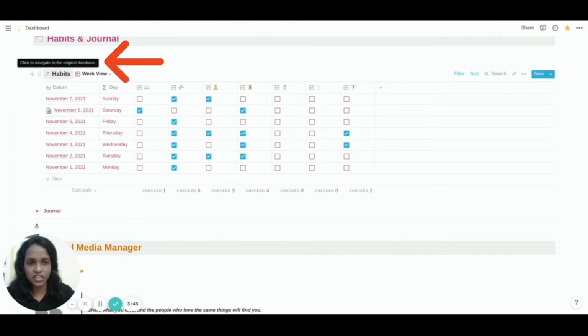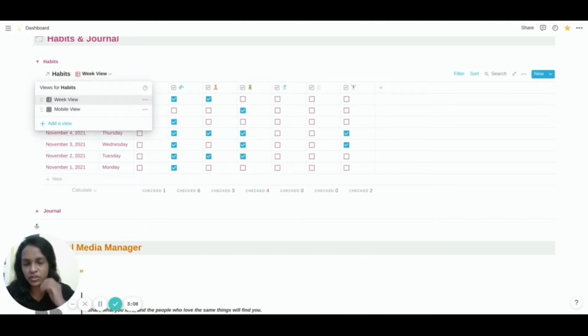If I hover over these table names, you can see it has an arrow icon on the name itself. So this indicates that if I click on this particular link, I'll be navigating to the original database. And in the dashboard, I have created my own views using filters, so I would be able to update only my running week's habits. If I need just today to be shown on the view, then I can do that as well. However, I prefer the week's view in this particular table.